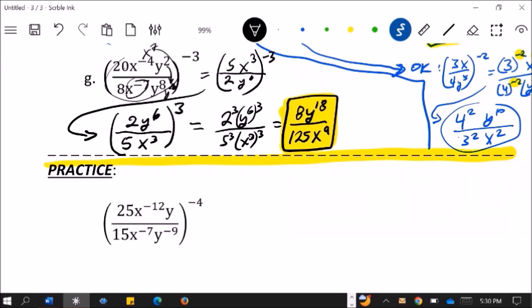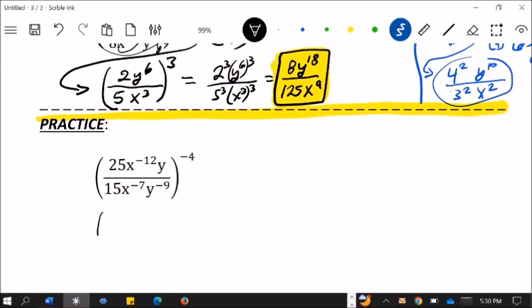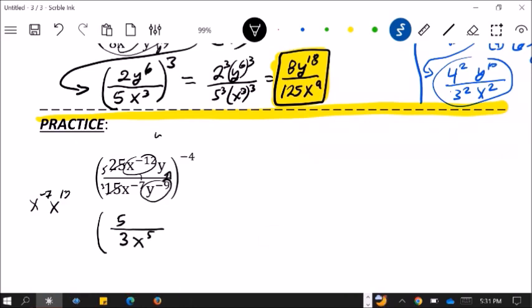Welcome back. So I'm going to go underneath it here. And the first thing I'm going to do is to simplify these. So 5 goes into 25 5 times, and 5 goes into 15 3 times. So I have a 5 on top and a 3 on bottom. Now the x's, I'm going to take these x's to the bottom. So what I have is x to the negative 7 and x to the positive 12 on the bottom. 12 take away 7 is 5, so it's x to the 5th on bottom. And then this can come up, so I have y and y to the 9th. Well, then that adds 1 plus 9, so I get a y to the 10th